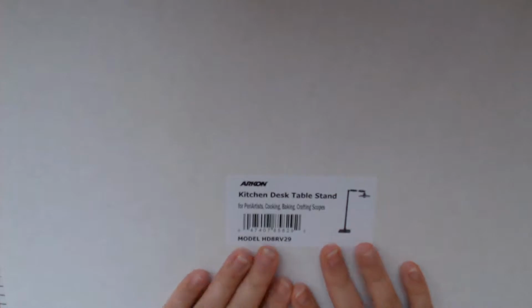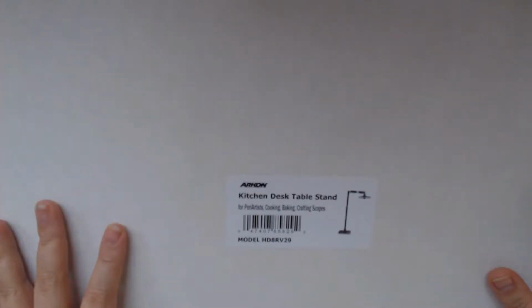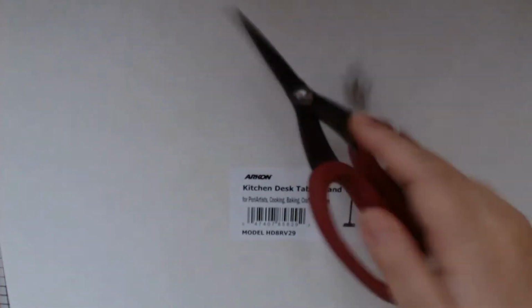And today we are going to unbox or open our Arcon Mounts phone stand, or the kitchen desk table stand for crafting or cooking, baking and many others. So we are going to open it with the help of the scissor. Okay,